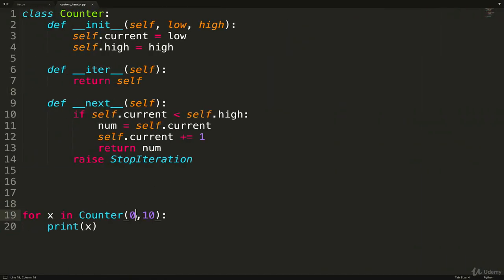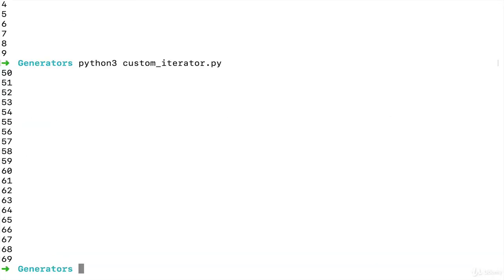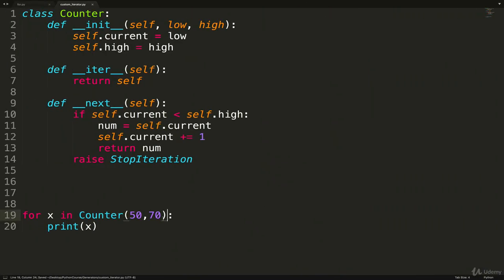And we could play around with this, change it, instead of 0, let's go from 50 to 70. Awesome. So we're not quite at the point of range. We don't have a step where we could do -1 or something, but that wouldn't be that much work to implement. Why you would do this exactly, I'm not encouraging that you need to rewrite range or something. This is more to show you that it's possible.